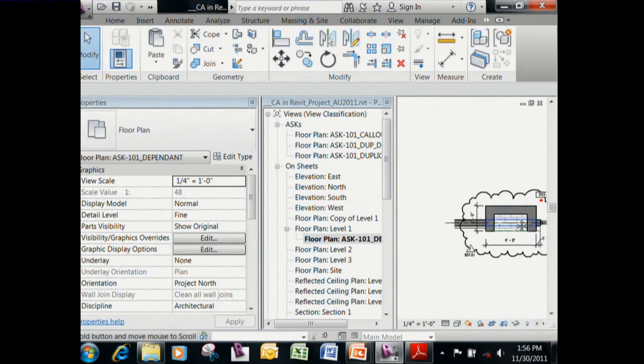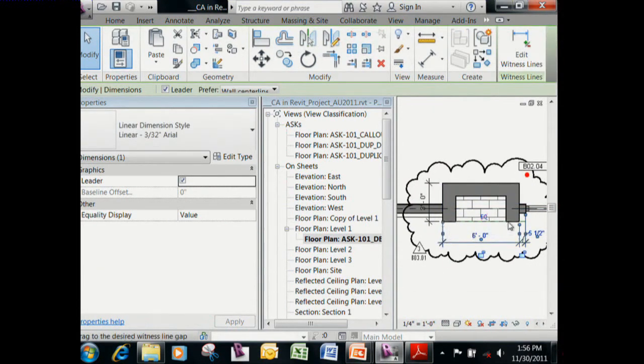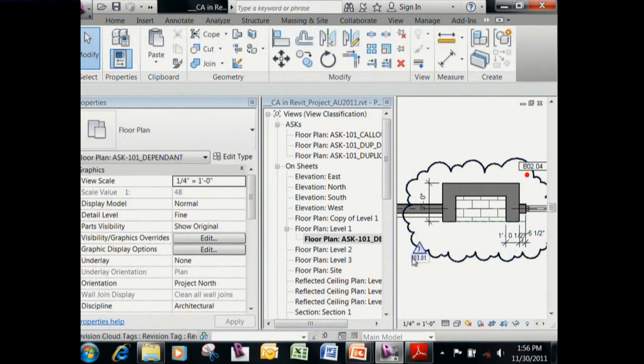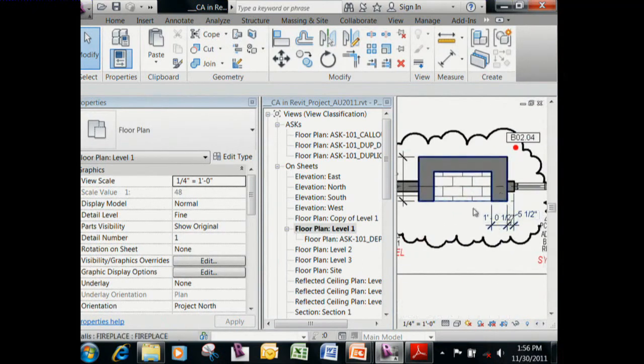So if I go in here and I change this dimension string, if I go back to the overall view, I've changed it in here as well. So it's coordinated with the full-size sheet. And in theory, you don't have to be as careful about changes that you make in the sketch format versus the full-size sheet. In practice,